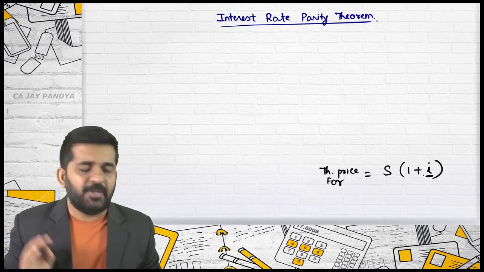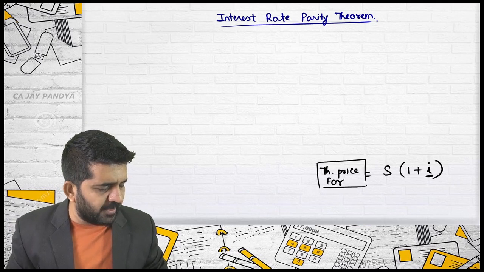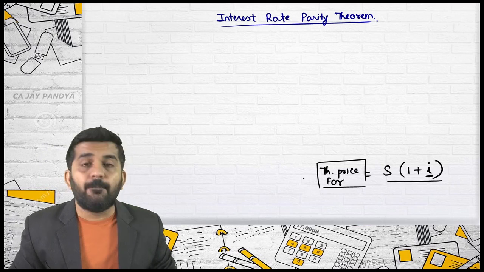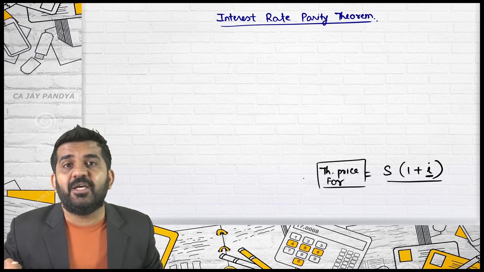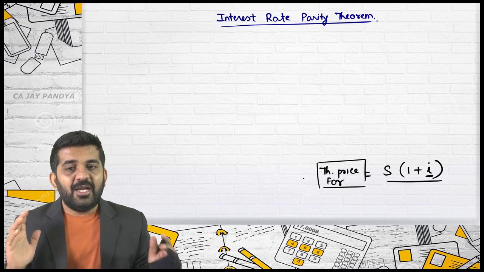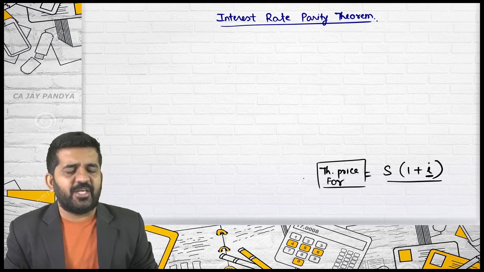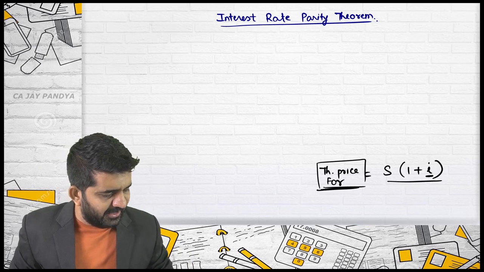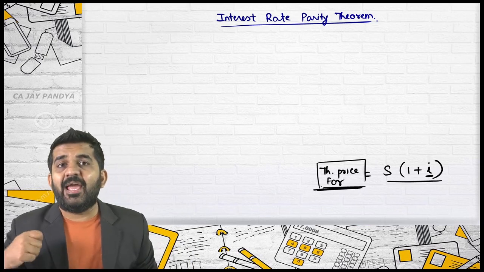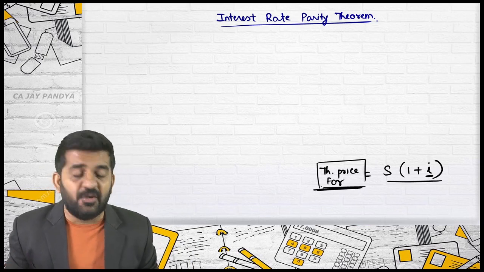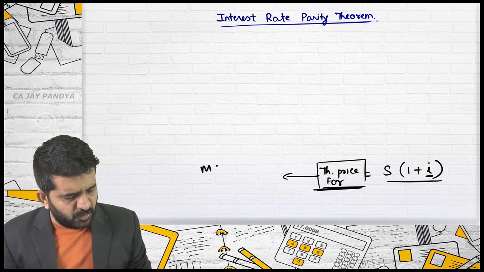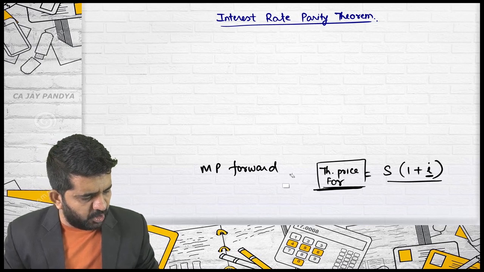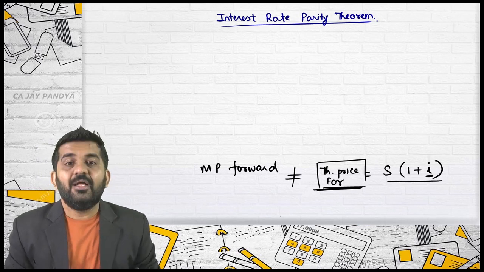Let me also explain, this is not an actual price at which forwards or futures are traded. This is a bookish theoretical price of forward. Is it all right? Let me ask one of the students, any student can answer me. If the actual market price of forward is not the same, they both are not equal, then what?